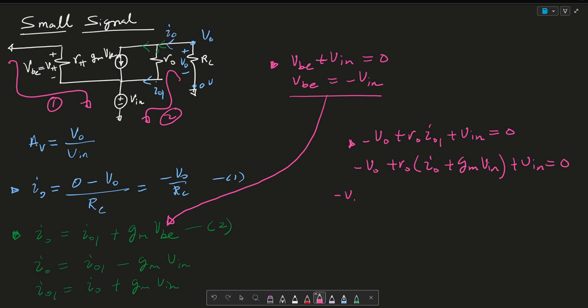This becomes minus VO plus RO IO plus GM RO VN plus VN is equal to 0. This then becomes minus VO plus RO IO,